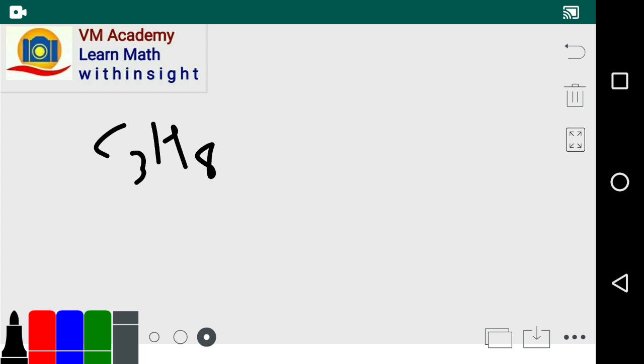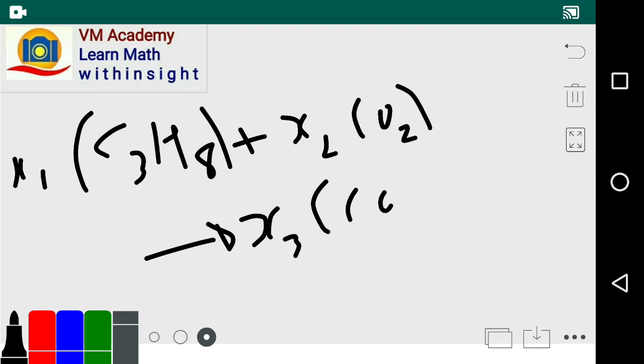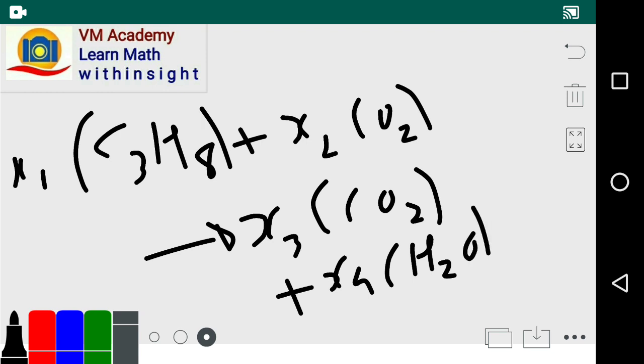It is C3H8, X1 molecule of this C3H8, that is propane, reacts with X2 molecule of oxygen, and it gives friends X3 molecule of carbon dioxide plus X4 molecule of water. Now on left hand side we have to balance this. For that we have